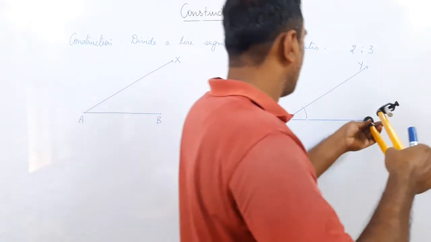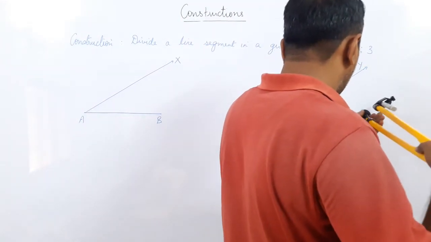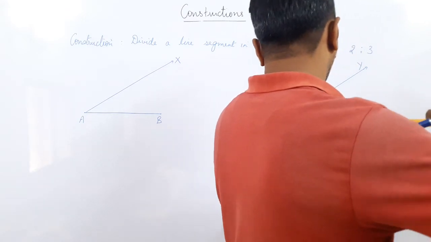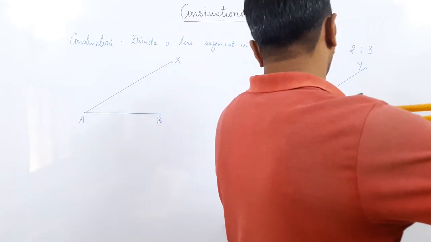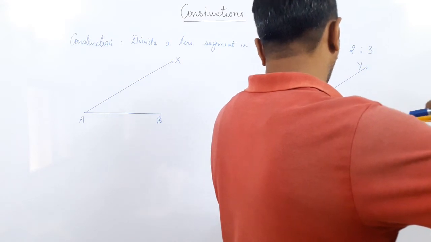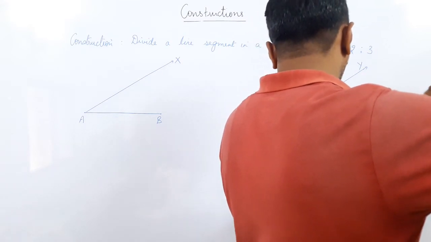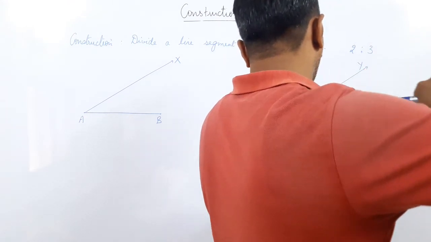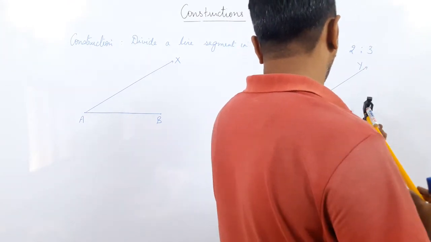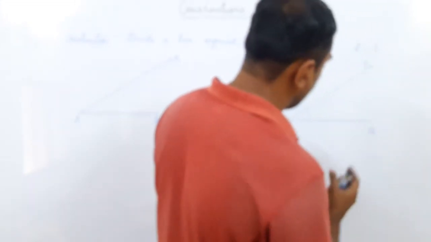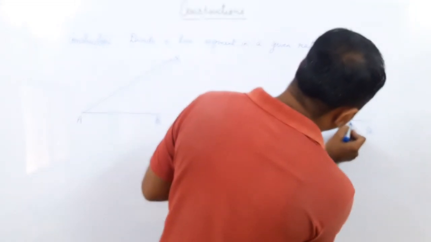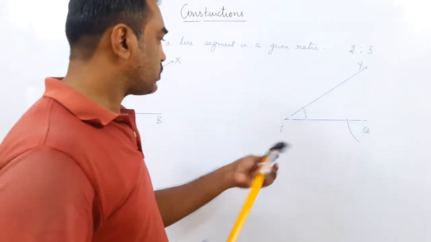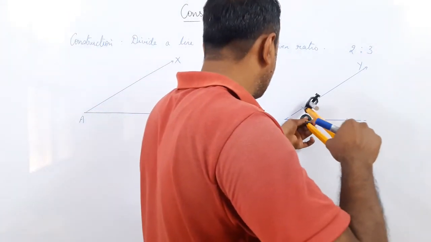So here, from the point Q, I have to draw the same arc. Sorry, on the bottom side. So, this is the arc I get. It is not dark, so I am going to draw it. This is the arc I got on the bottom side. Now, from this point, I have to measure.